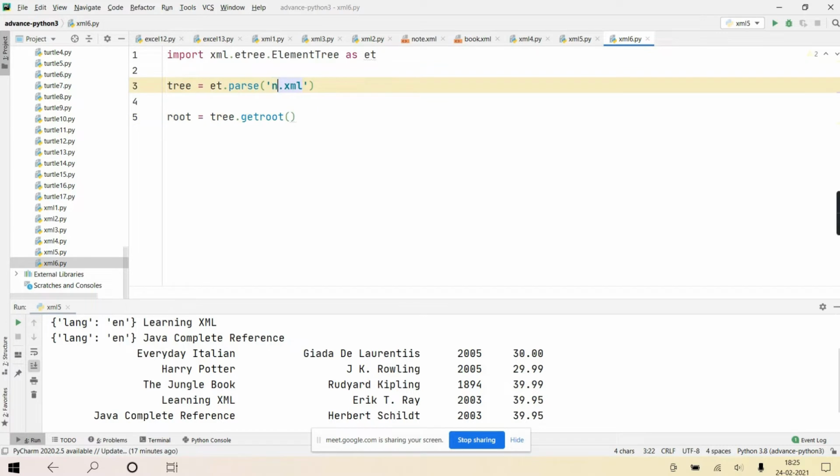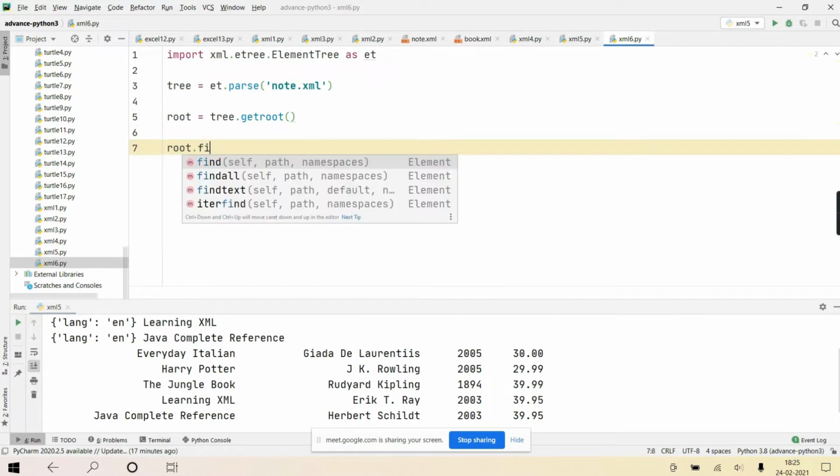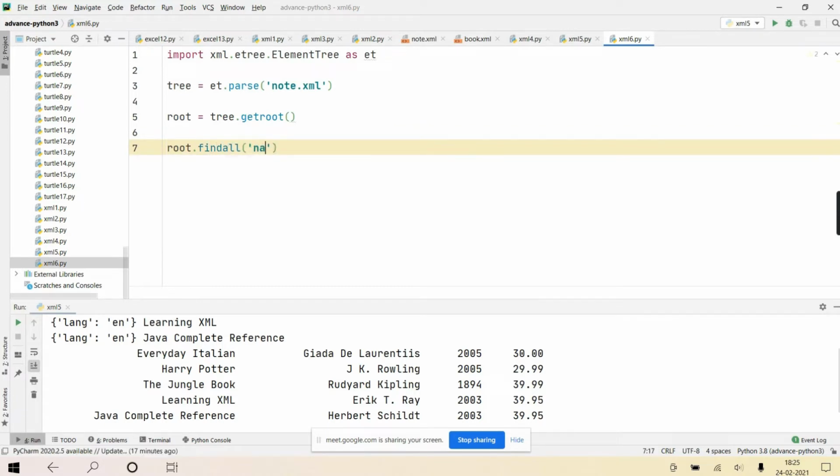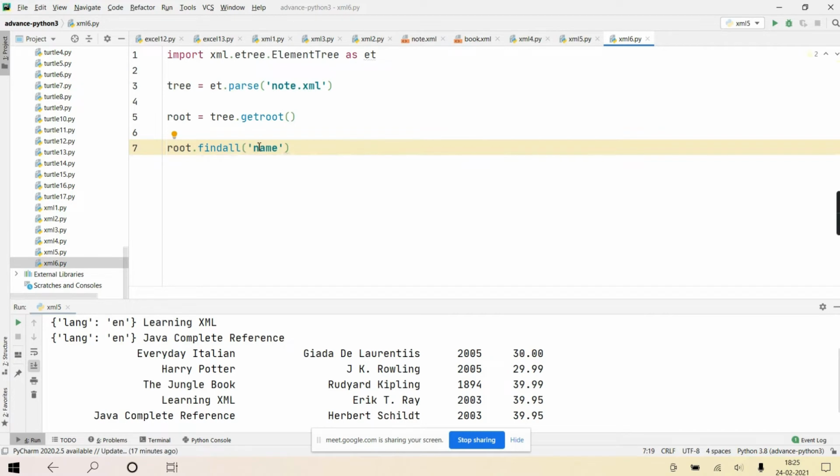Instead of book I'll take note. Here if I write root.findall and give a tag name, nothing will come. Why? Because findall will find all the elements with the given tag name which are immediate children of the element which is invoking it. Who is invoking findall? Root.